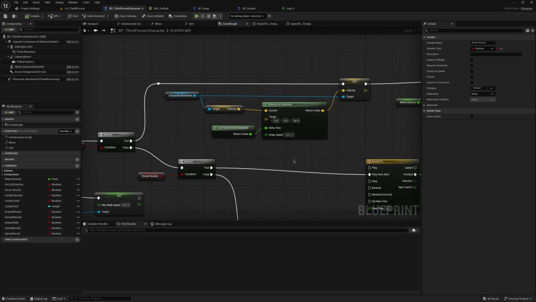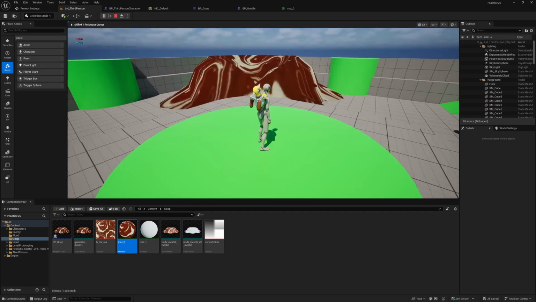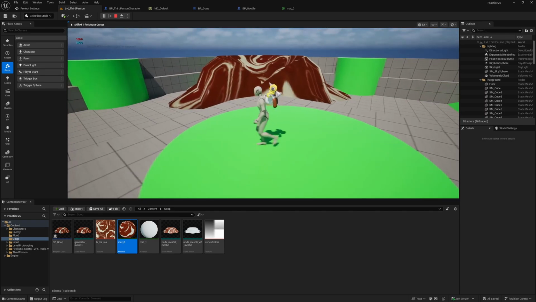Now for the hover nozzle, originally I was using the launch character to just slightly launch myself every time that I'm holding down the mouse button, and it was working okay, but I decided to take some inspiration from that wall jump code, and so I'm using the V interp to constant and then just decreasing the water amount. Now one thing that I couldn't actually figure out was how to keep the player moving,